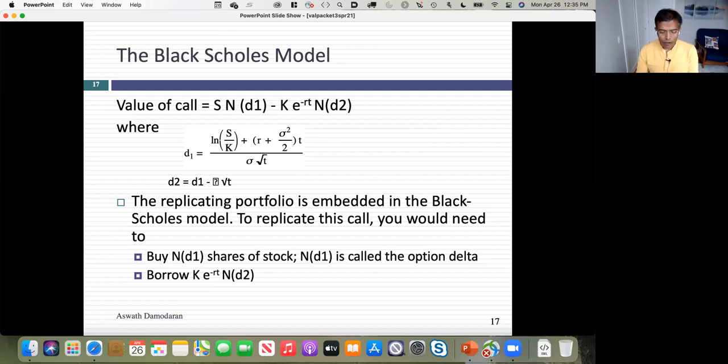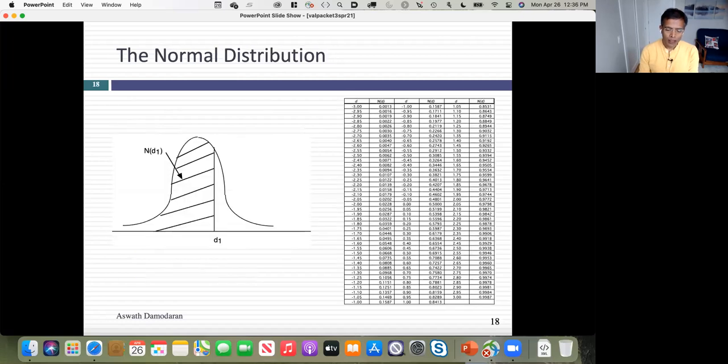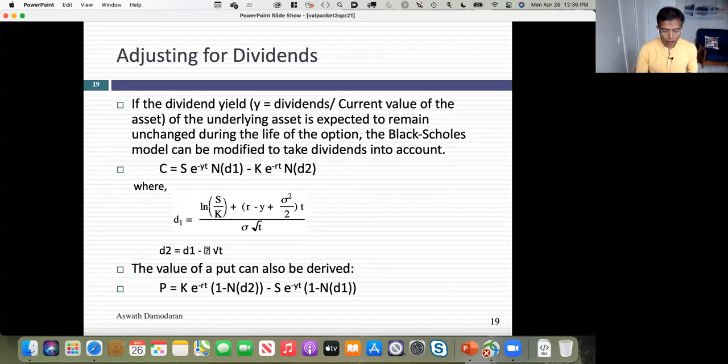So what I'm going to do is take the traditional Black-Scholes model, and adapt it to a dividend paying underlying asset. And here are the two changes I'm going to make. First, if you want, you can compare this page to page 17 to see what's different about the dividend adjusted version. The first, instead of using the current stock price, which is what you use in the traditional Black-Scholes, you